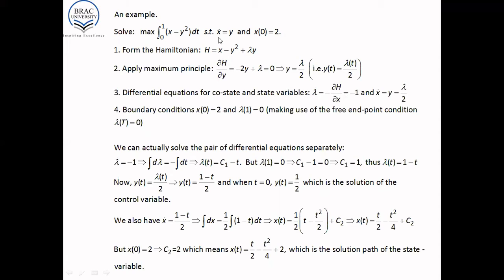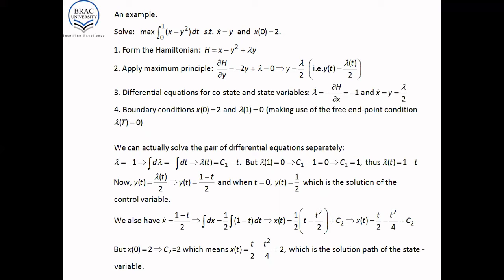Identify the state and the control variables. In this particular case, our control variable is y and our state variable is x. And here we have a lambda, which is our co-state variable. Right, so you form the Hamiltonian, x minus y squared plus lambda y, apply the maximum principle or the first order conditions. So we have del H by del y is equal to